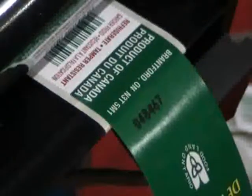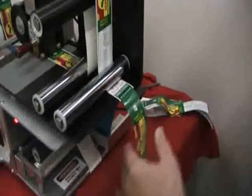Now this is a 10-inch label, and you can see I can feed that out. If I want to, I'm going to bring it up a little bit further. I need a couple of labels to see how far it's going. As you can see, the label is moved up. Now I can move it down by changing